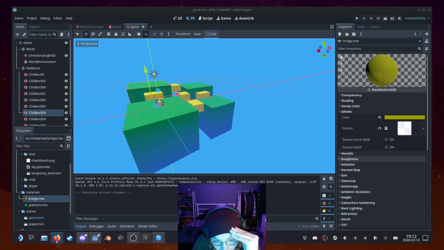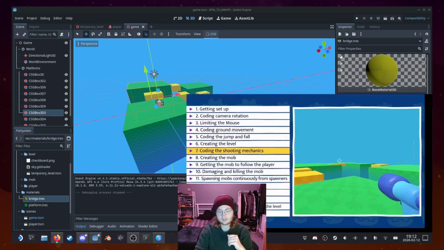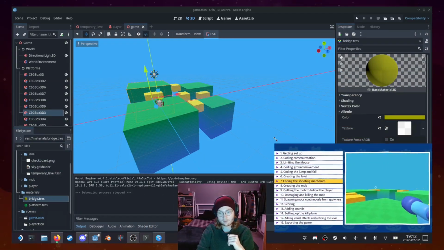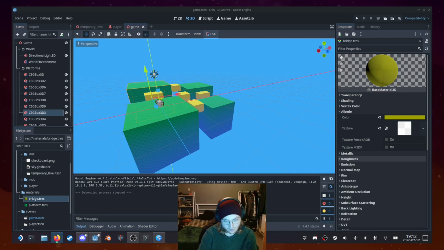Okay, this is the last part of coding shooting mechanics. This is going to be the last part of this tutorial, and then, yeah, coding the shooting mechanics is going to be the last part. But then, after that, I believe I then need to move on to creating the mob, which is on their website directly. So